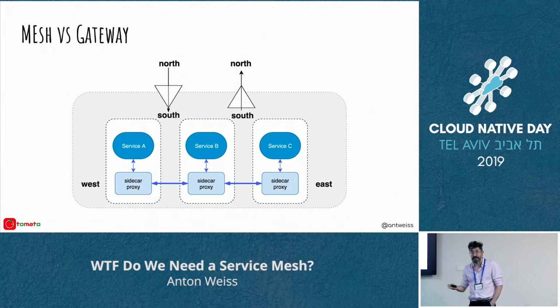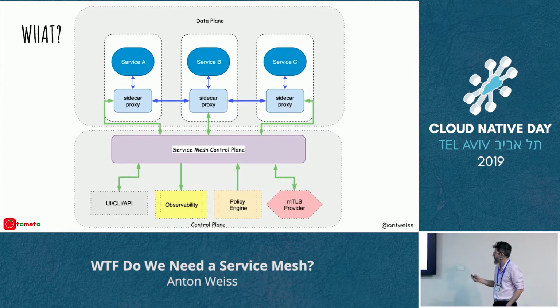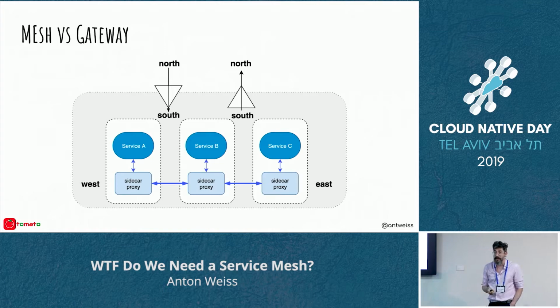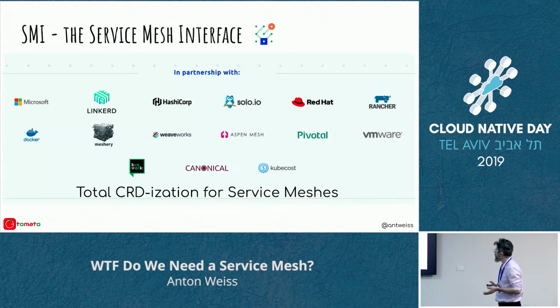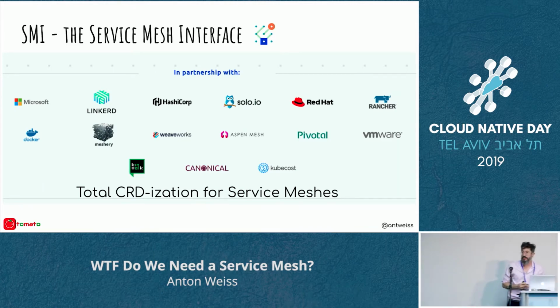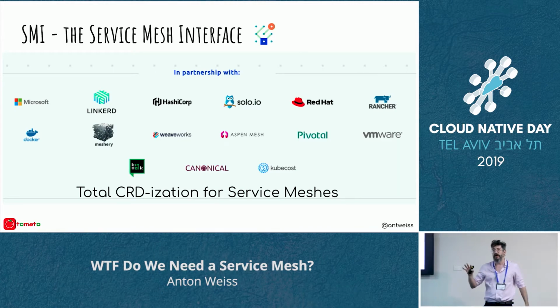And the territory is unknown because, even though we now understand what a service mesh is, and we understand how it is different from a gateway, still, what is it about? Is it about observability? Is it about security, maybe? Is it about routing? Not totally clear. So to provide a more predictable answer to all of these questions, and in an attempt to somehow control the feverishly growing market, a group of companies led by Microsoft and Red Hat stepped up about half a year ago